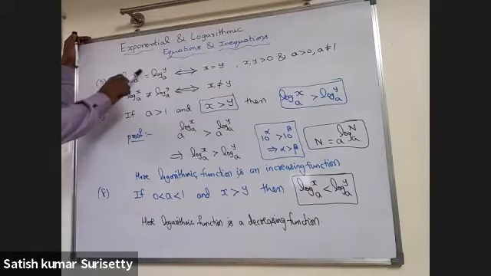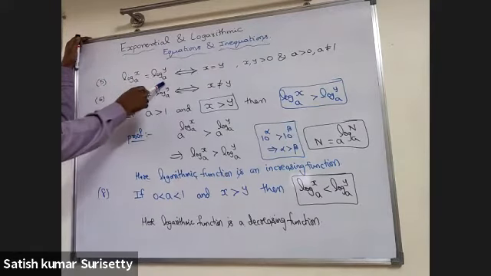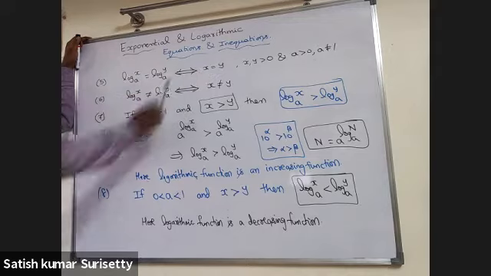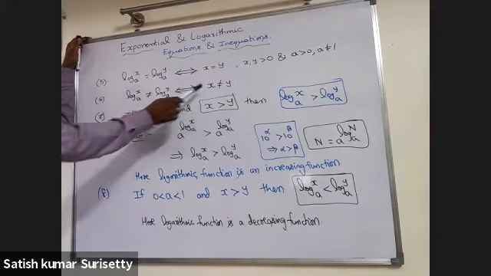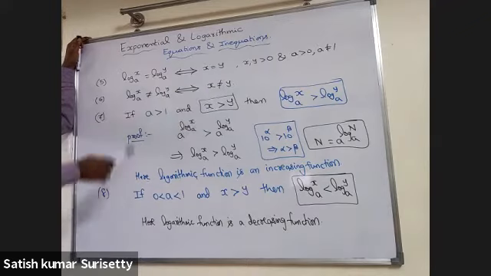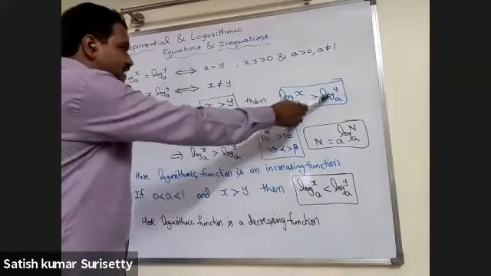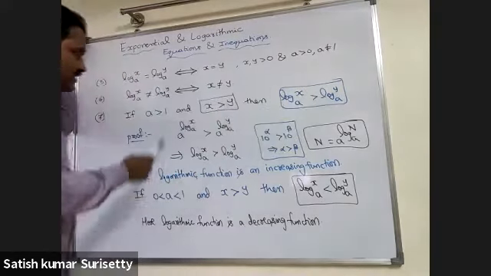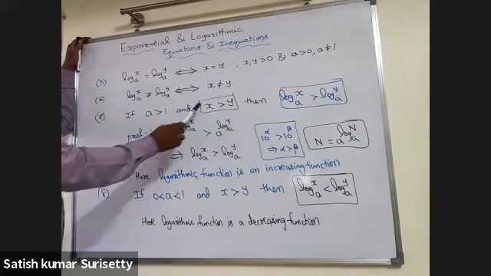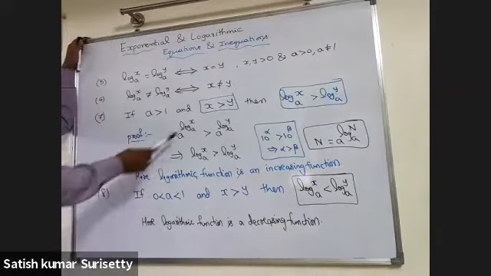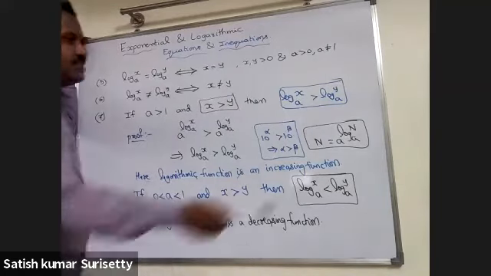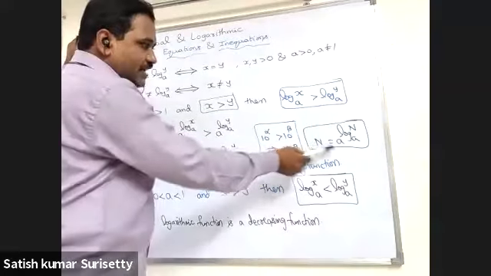So if log x base a equals log y base a, then x must be equal to y. If log x base a is not equal to log y base a, then x is not equal to y. If the base is greater than 1 and x is greater than y, then log x base a is greater than log y base a. That is, whenever the base is greater than 1 and I apply log, the inequality will be the same. Now, how to prove this: any number n can be expressed as